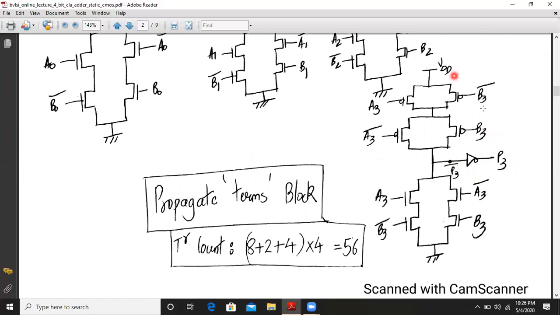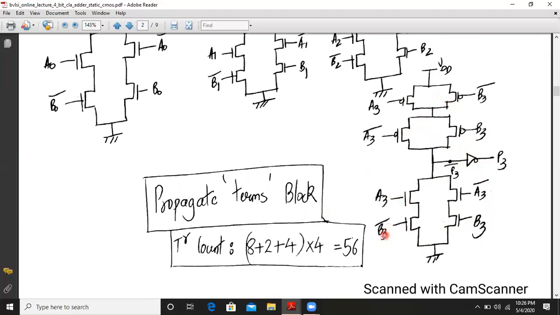So for a single block, that is either P0, P1, P2, or P3, the total transistor count will be as follows. For the pull down network you require 4, and for the pull up network you require another 4, so a total of 8. You require 2 for a CMOS inverter at the output.